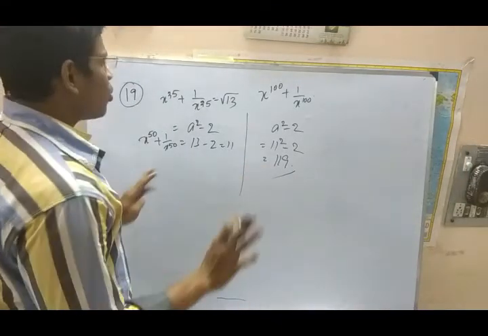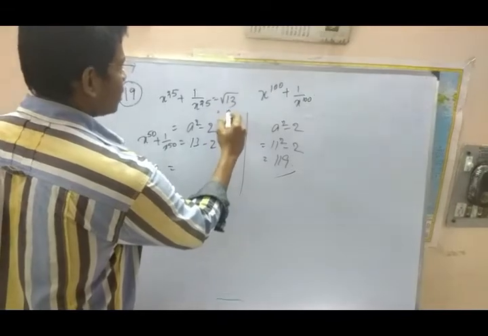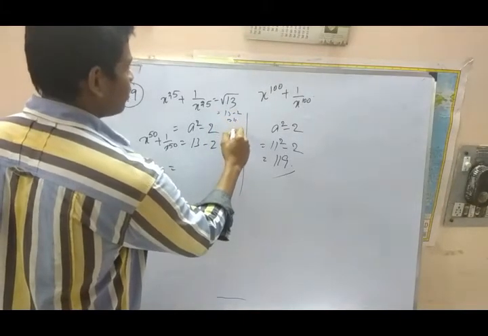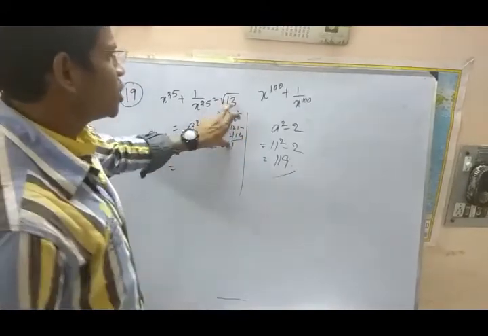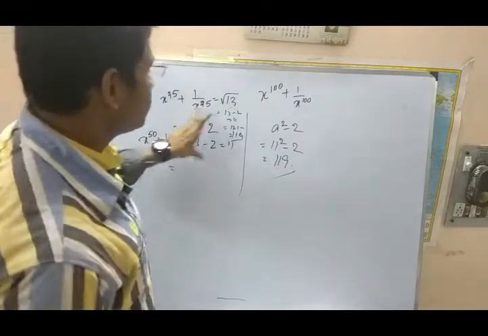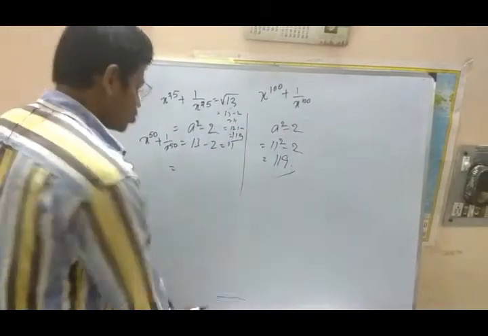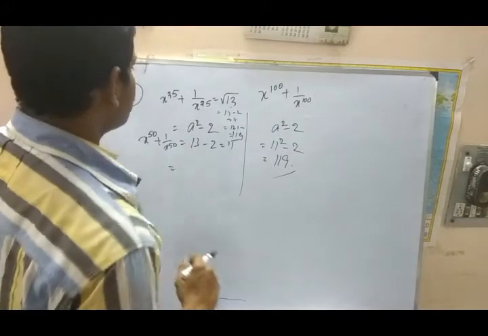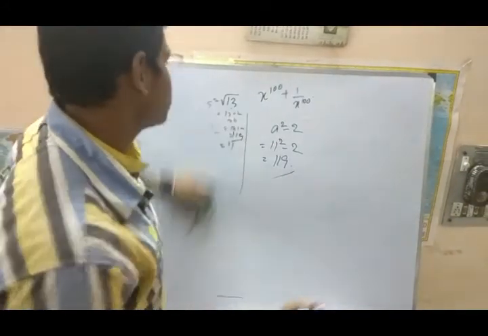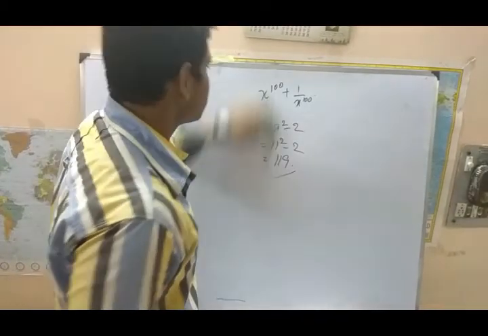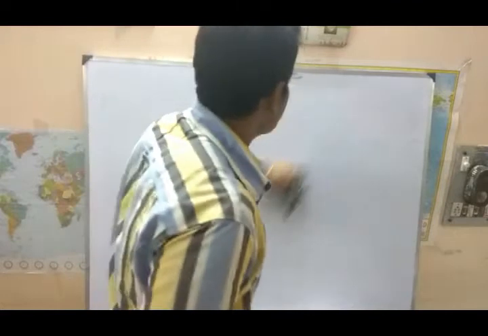We just require only 5 seconds. See, I'll do it. a square 13 minus 2, 11. We got 11. 121 minus 2, 119. This is the thing which you need to do in the exam. This is the thing which I did to explain to students how to do these sums. So students, practice more so that you can solve it in 2 to 3 seconds. The maximum time is 2 to 3 seconds for every question. And this question is asked in various competitive exams.